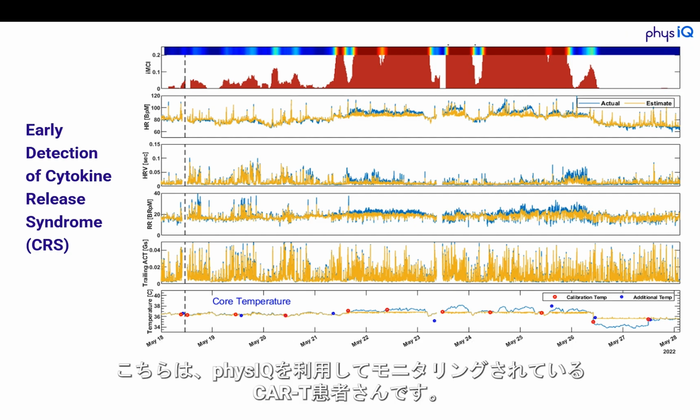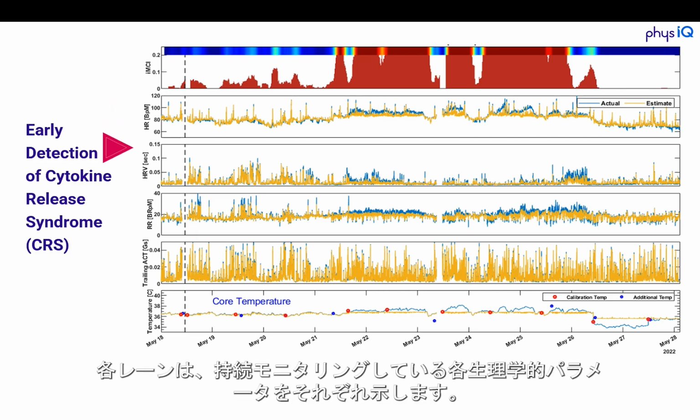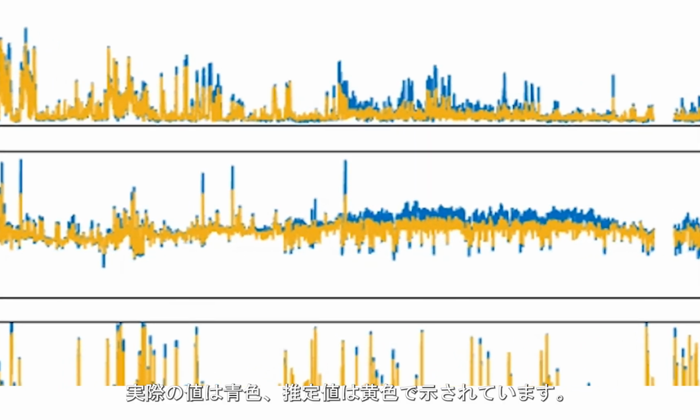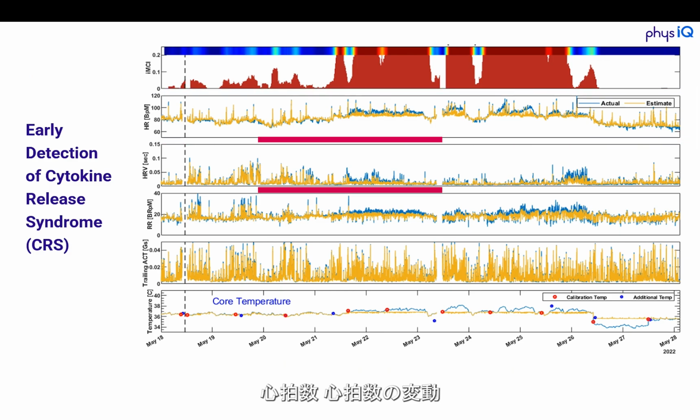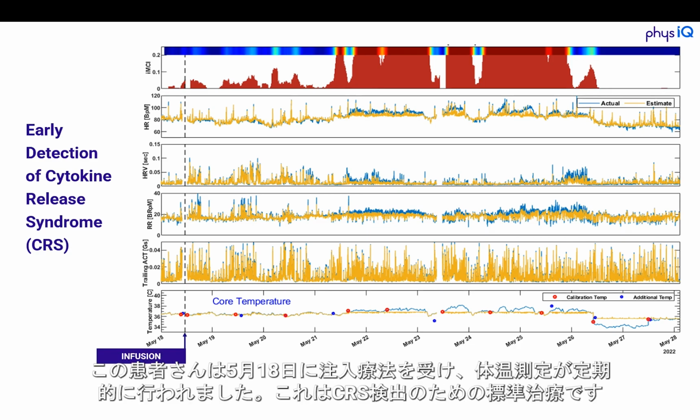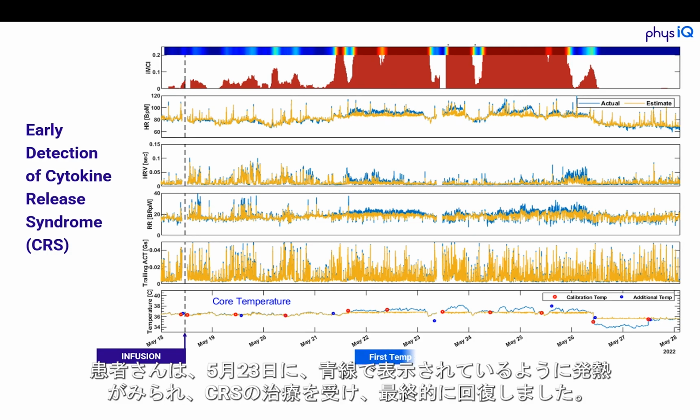Here, we're looking at one CAR-T patient being monitored using physIQ. Each lane shows one of the physiologic parameters being continuously monitored. We can see both the actuals in blue and the estimates in yellow for their heart rate variability, their respiratory rate, even their temperature. This patient received a CAR-T infusion on May 18th, and their temperature was taken regularly, as is the standard of care for detecting CRS. The patient eventually had a fever on May 23rd, shown with the blue line, and was treated for CRS and